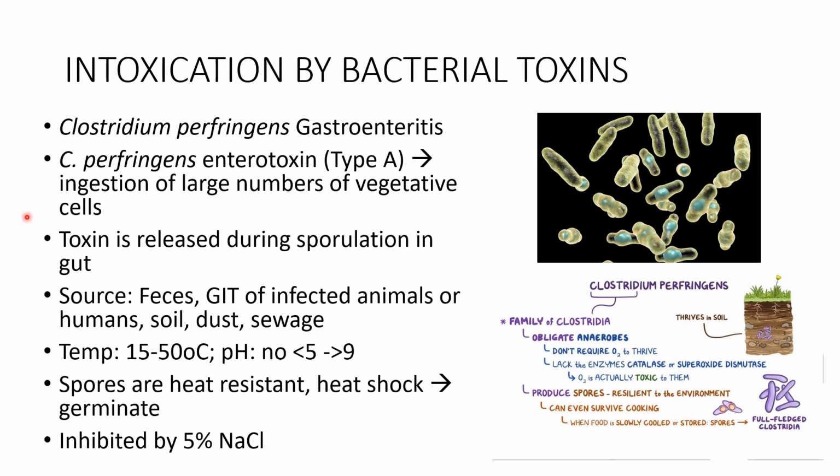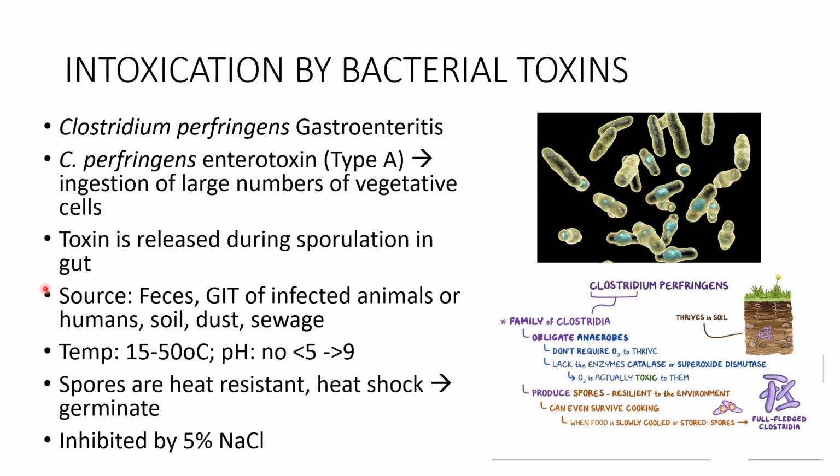Next is another species of Clostridium. You have your Clostridium perfringens. Again, it causes gastroenteritis due to the enterotoxin, specifically that of type A, which is due to the ingestion of a large number of vegetative cells. The vegetative cells contain the toxin, so if they are able to proliferate in food, you may have a problem with